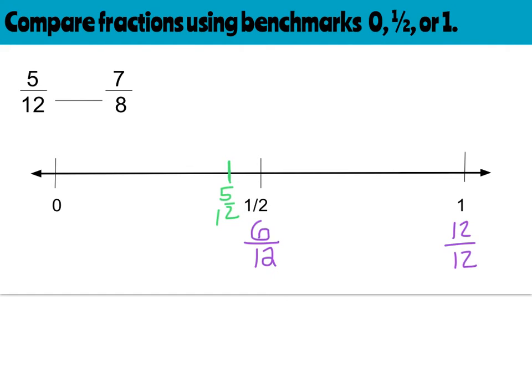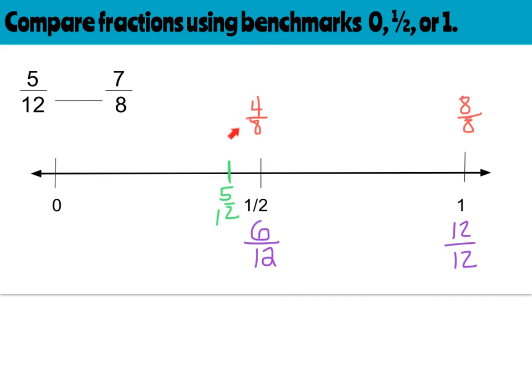All right, next up is putting 7/8 on our number line without actually measuring. So just using what we know about 0, 1/2, and 1 to get 7/8 on our number line. So I'm going to do the same thing. I'm going to think of 1 whole as 8/8, and I'm going to think of 1/2 as 4/8. 4/8 is equivalent to 1/2. 4 is half of 8, right? So I have those two on there, and now I need to think to myself, this 7/8, where is it